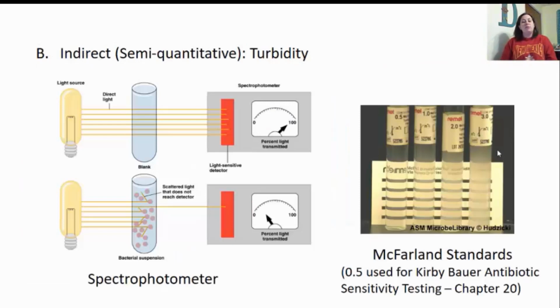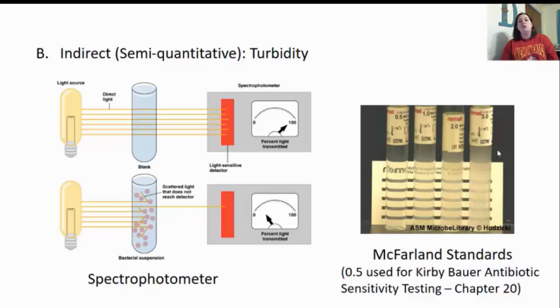There are also some indirect ways that we can measure the amount of bacteria. This is known as semi-quantitative because you're not actually counting colonies. One way is what we call turbidity. How much of the light passes through the substance? Is it a clear solution, or is it clouded up due to bacterial growth? A lot of times we can use a spectrophotometer, which uses light and collects how much light comes through. You always have to set it with a blank tube that just has liquid in it, and then you can put in the tubes that have been inoculated to see the percentage of light that comes through. This is because light is scattered when it hits those colonies or groups of bacteria.